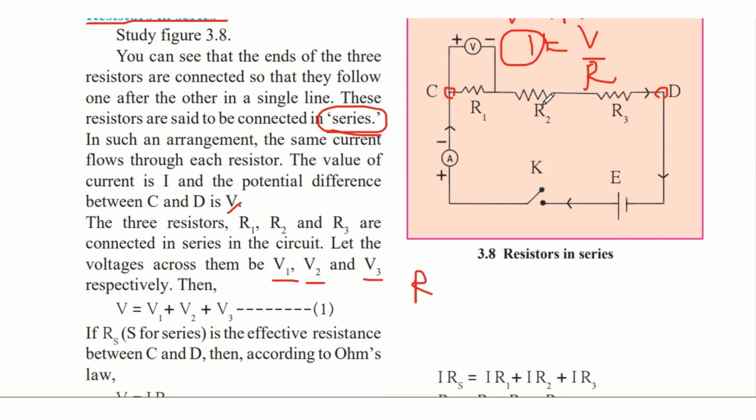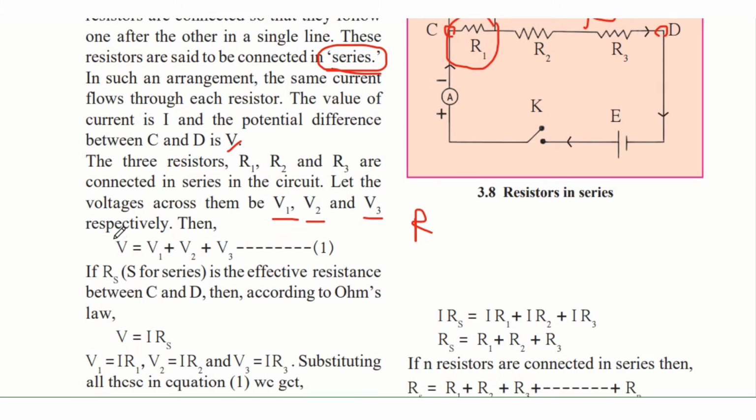Just because the current is the same in all of them does not mean that the voltage is also the same. So depending on the values of the resistance, the voltage can be different across these resistors that are present in series. So let us take each of them as V1, V2, V3, where V1 is the voltage across the ends of R1, V2 is the voltage across the resistor R2, and V3 is the potential difference or the voltage at R3.